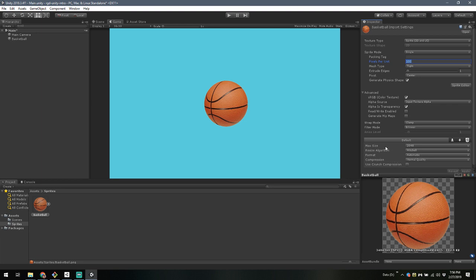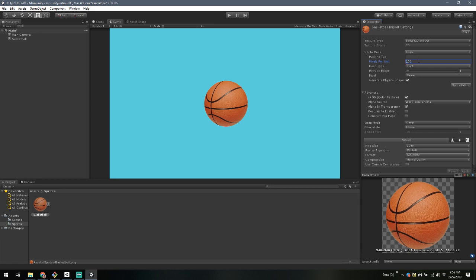Now, the convention is that it should be roughly 1 Unity unit to a meter. That's what most people would base it off of. It depends. For our case, I played around with this ahead of time. I kind of cheated. This is pulling the thing out of the oven, basically. I am going to go ahead and set it to 340